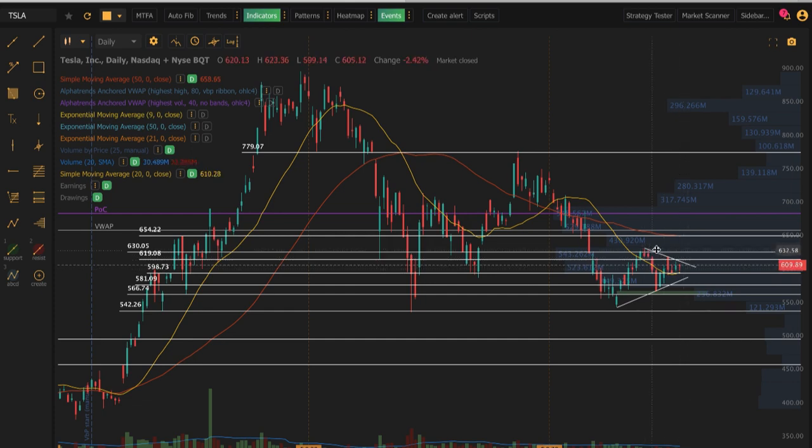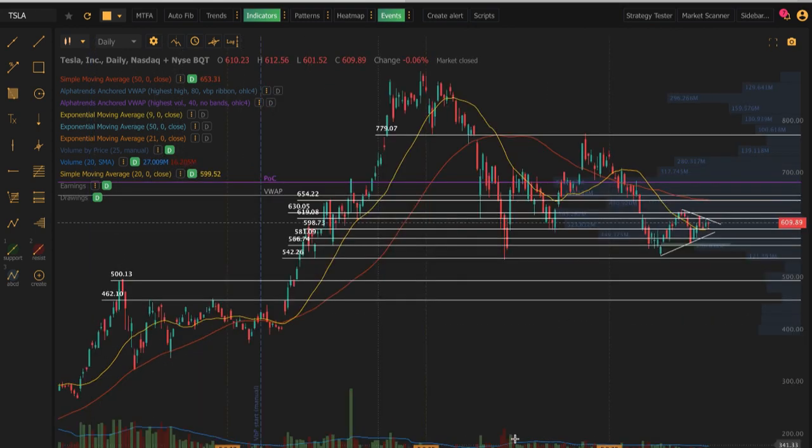But if we do reject this downtrending resistance within this pinch point, I'd be looking to see if we could give up this 598 level, which has been holding quite well, as well as that 20 SMA being around there. If we give up those levels and break this uptrending support line, then I'd really like to see if we could actually close this gap down to 566.74 that I just mentioned. If we break that level, then I'd be looking to see if we retest 542, and if we break 542,